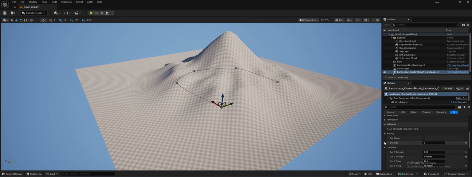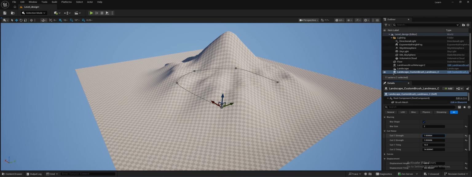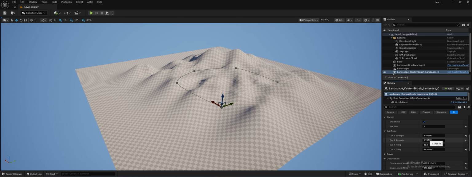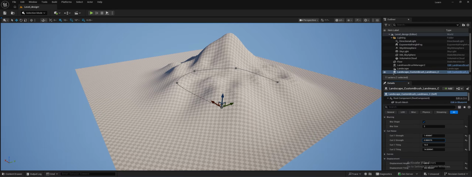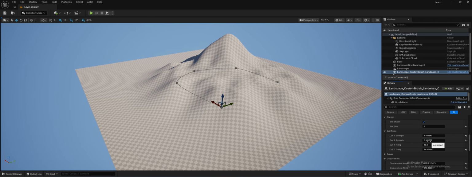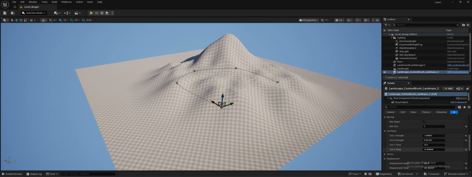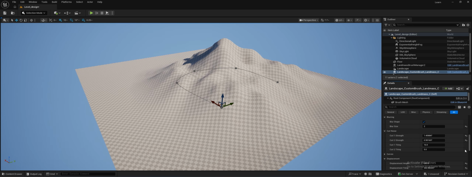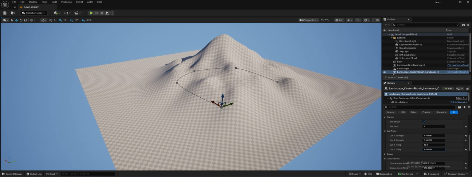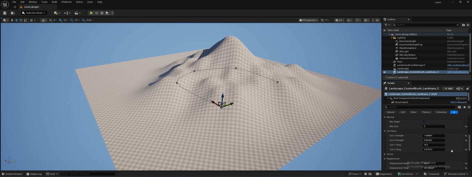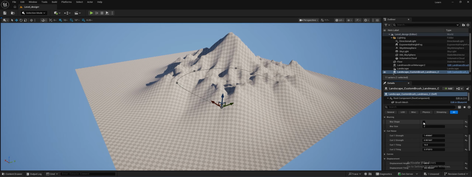Now again, I just need the mountain to look like this. So I'm going to use this curl strength. This is okay for me. I'll do some changes here. Yeah, this looks good. Okay, if you disable this blur shape, it will be looking